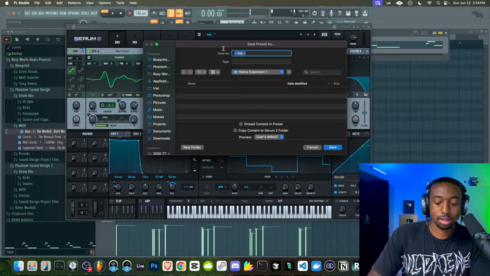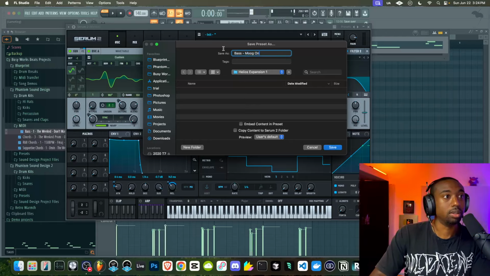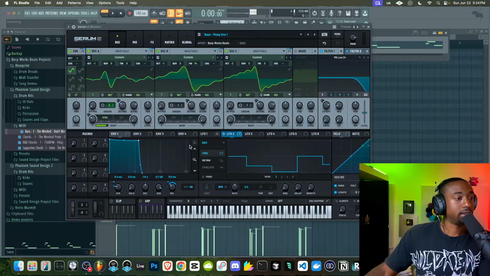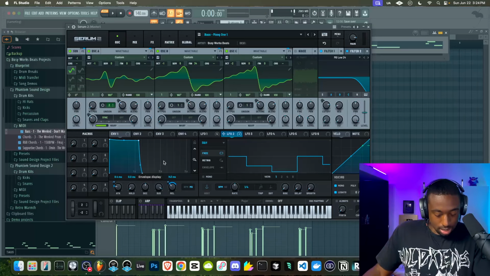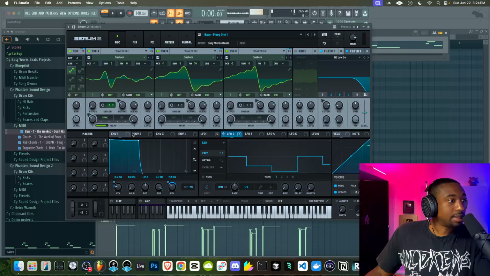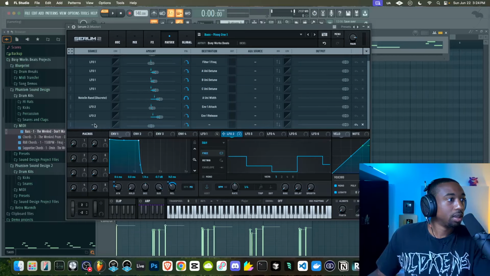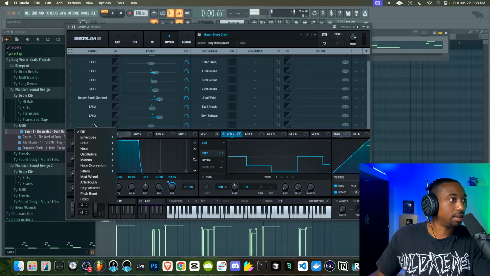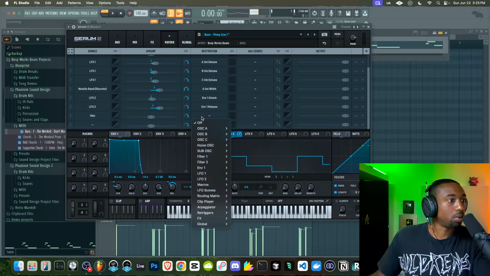Let's call this Moog. Let's call it like bass Moog 1. It's just so we have a template in case FL crashes or something. And what we can do is set the velocity here to the amplitude. So we have to go to the matrix here, switch the modulating source. Let's do note velocity, and let's control the drop down here. Let's go to global and amplitude.